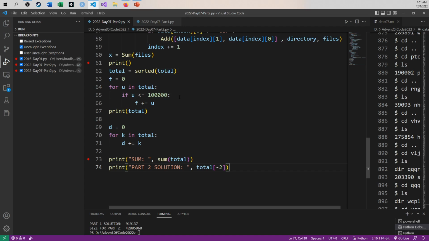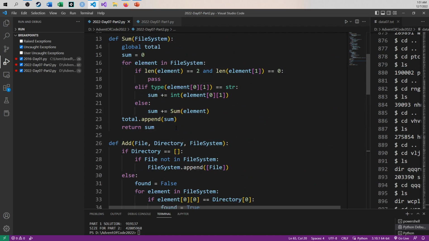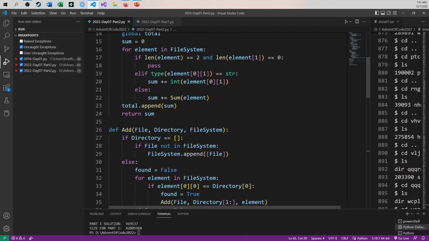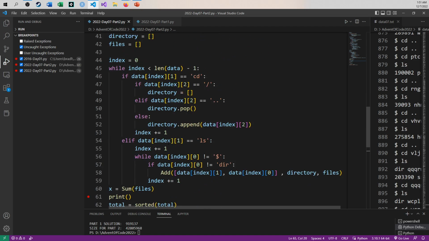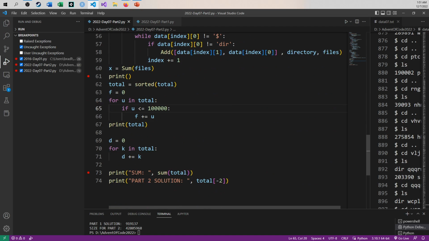So let me go into part 2 here and just forgive all the mess. Almost all of it is exactly the same here. Whereas this time around, instead of summing up everything, I just created a list and added the number to the list. And again, don't mind all this nonsense. But at the end of the day, the numbers didn't seem right. But what I did was I just made sure when I printed out the sum of the totals